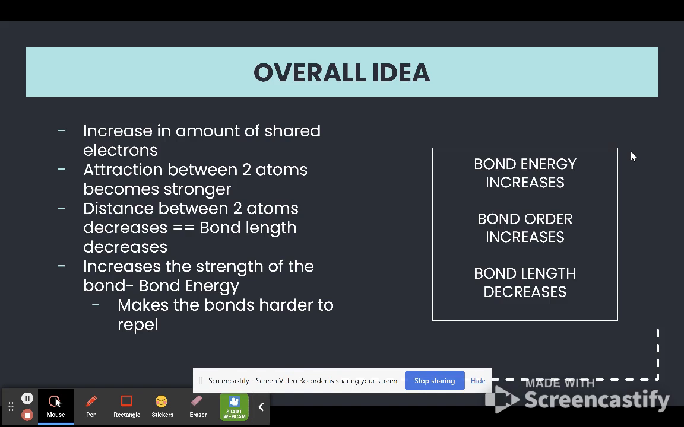As the attraction in the bond increases in strength, more energy is required to break the bond because the atoms will be harder to pull apart, meaning repulsion is less likely. As bond order increases, the attraction between two atoms becomes stronger and stable, making it harder to pull the two atoms apart, thus requiring more bond energy. This attraction between the covalent bonds brings atoms closer together, causing a